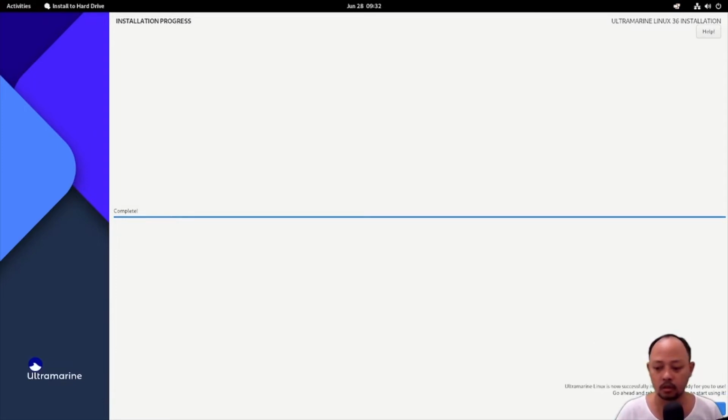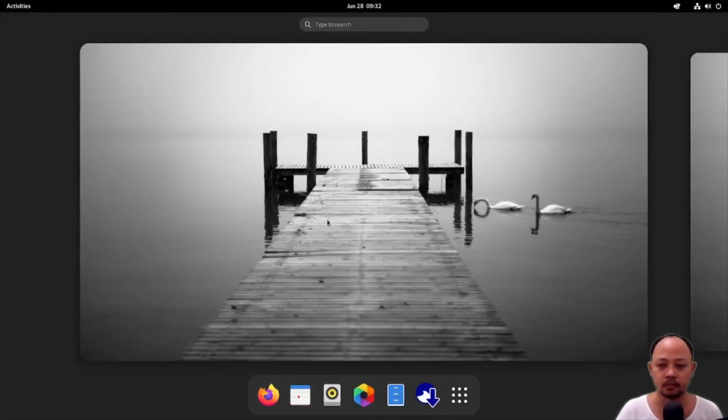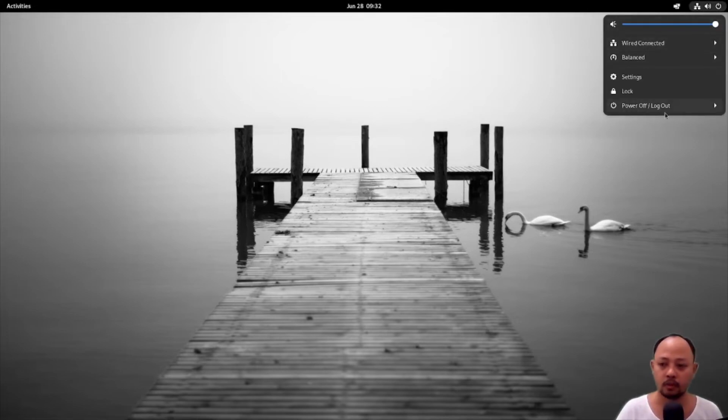I will click this button. After I click the finish installation button, I will be in the main desktop again. So we need to restart this VM.